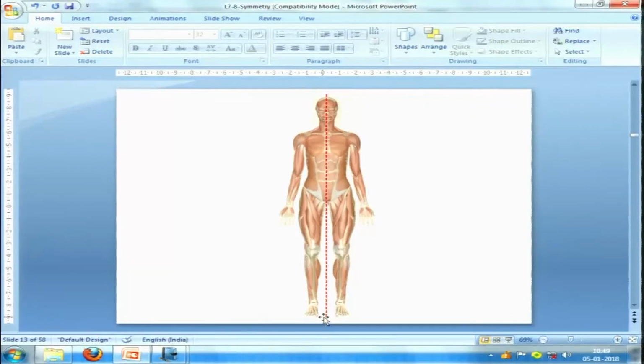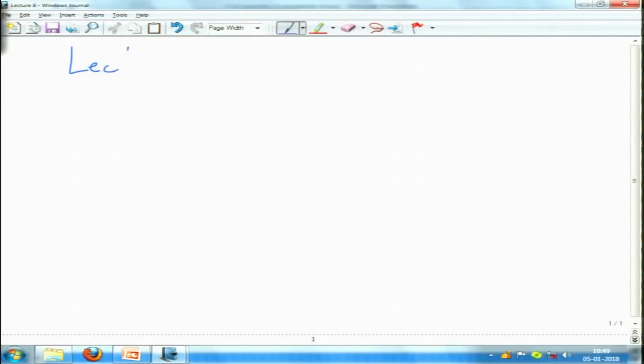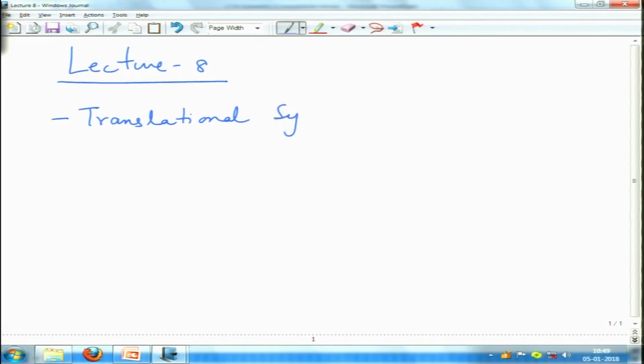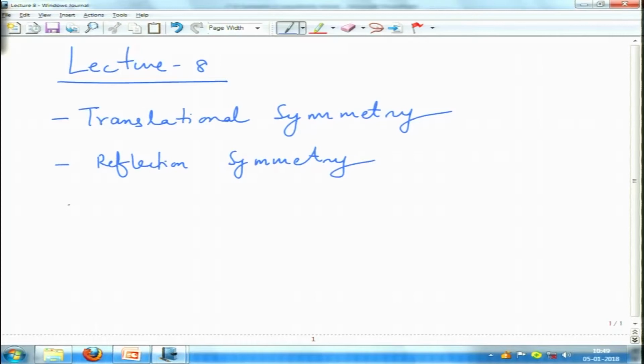So now let us begin with lecture 8. We have seen translational symmetry, we have seen reflection, we have seen rotation symmetry, and the fourth one is